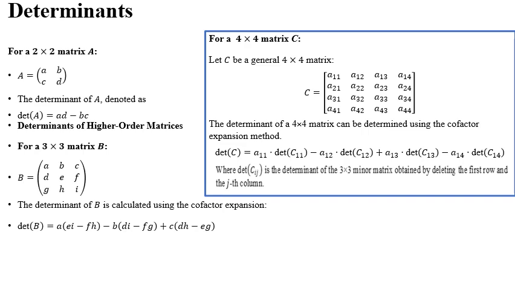Okay, so moving on, we'll be looking at the determinants of a 2 by 2 matrix, a 3 by 3 matrix, and a 4 by 4 matrix. Of course, the determinants of higher order matrices can also be determined, like a 5 by 5 matrix, a 6 by 6 matrix, and so on. But that is rather complex. Beyond a 4 by 4 matrix, you've got a rather complex formation of matrices if you want to go higher than a 4 by 4 matrix. So if you want to go higher than 4 by 4, it is advised